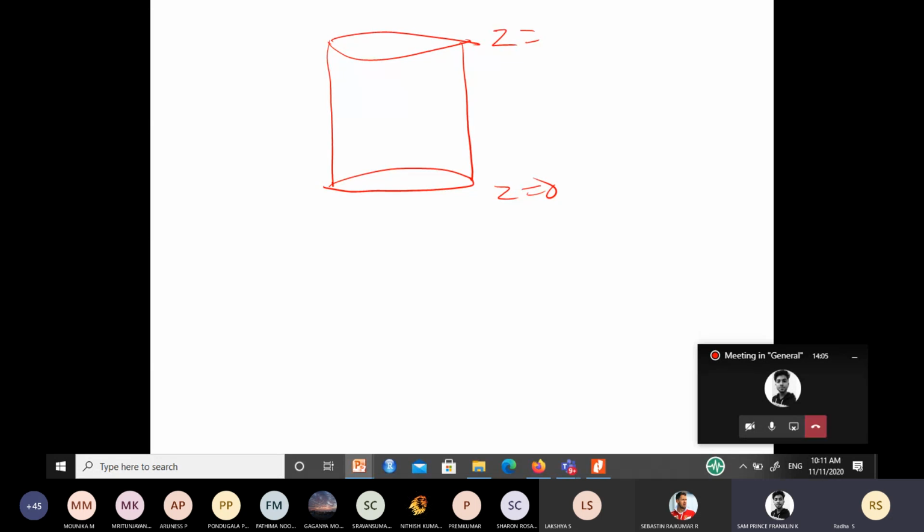The cylinder has the same radius, uniform radius. Very good. In a cylinder, the radius is the same at any point. So a cylinder is obtained by piling up circles of the same radii. But in the paraboloid, you don't have that, right? Very good. So it is obtained by piling up of circles.